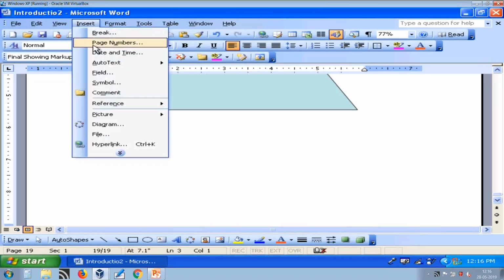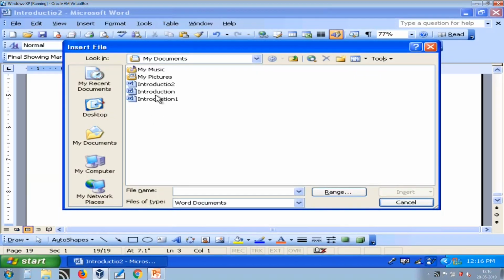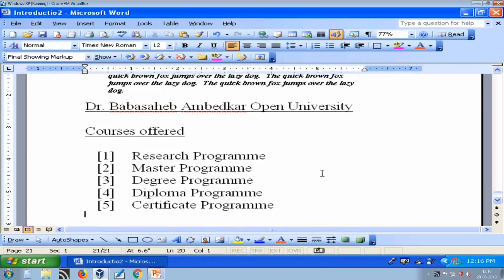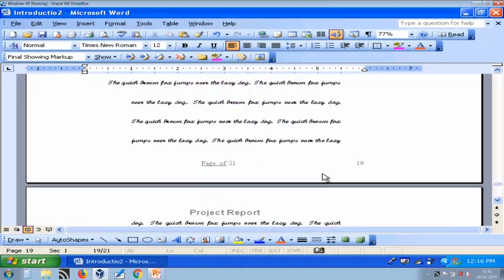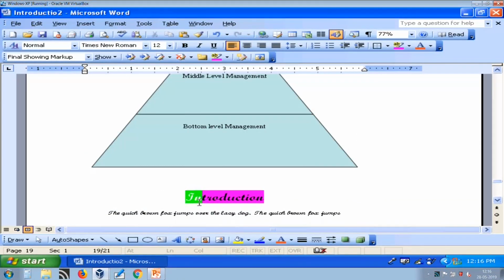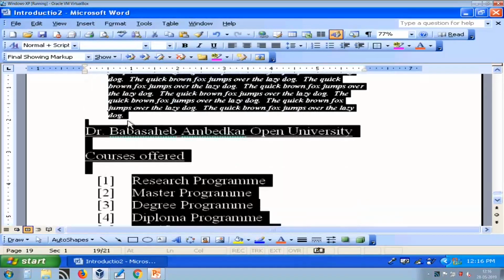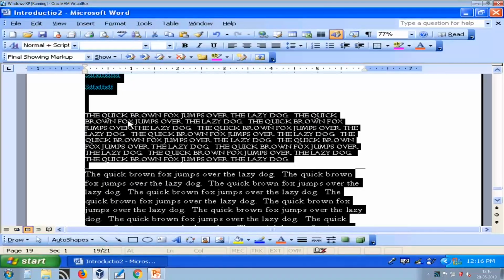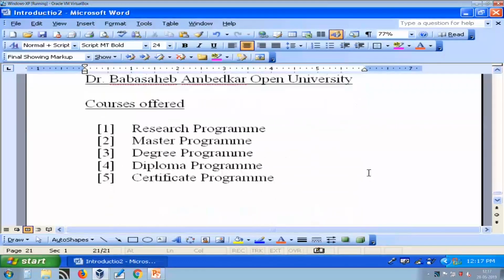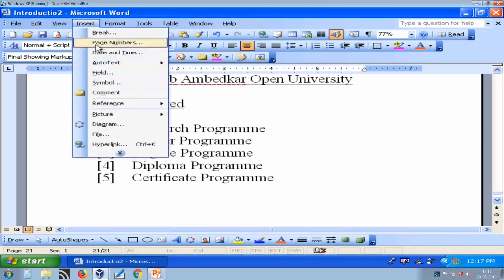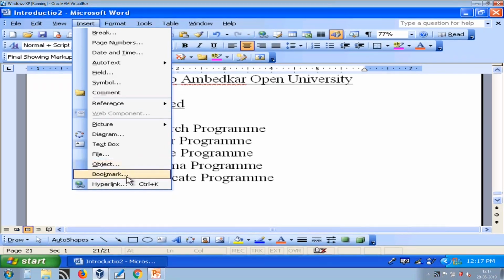So, go to insert, file and select the file that you want to insert. So, this is another file content which is already there. I can quickly add that file in my document. So, we have explored the insert menu with different features.